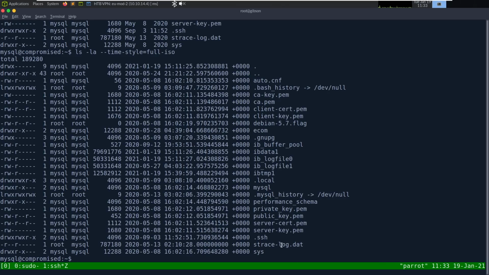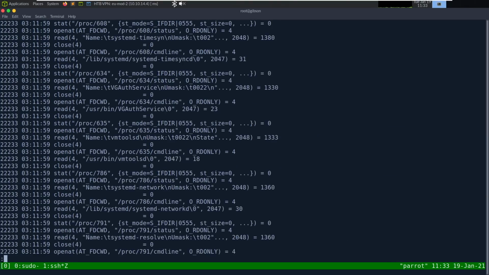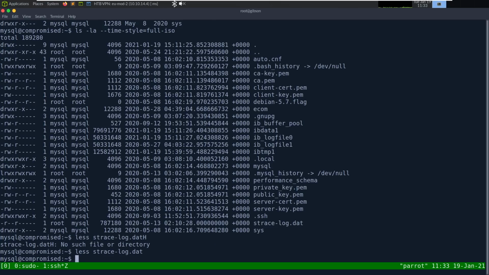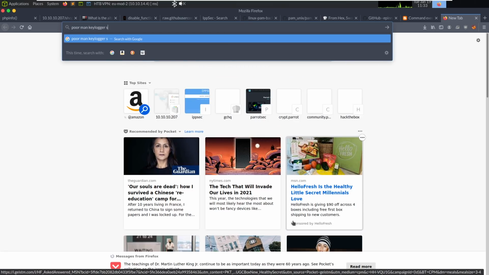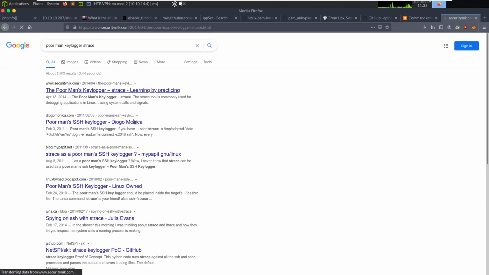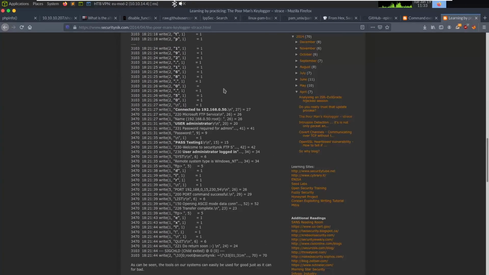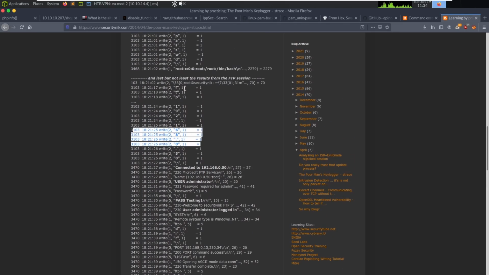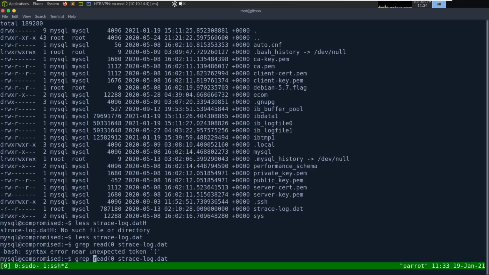But yeah, so if we look at this output, it is the strace output. And strace is like a syscall trace. And there's a pretty cool blog post if you search poor man keylogger strace, I think. This is talking about using strace as a keylogger, because when it does that sys write to write something to terminal, it logs the key. So if we grep read on this log file, if I do this in a single quote,